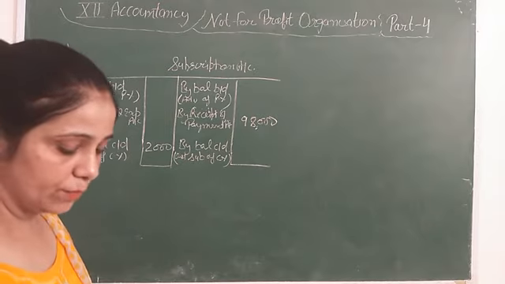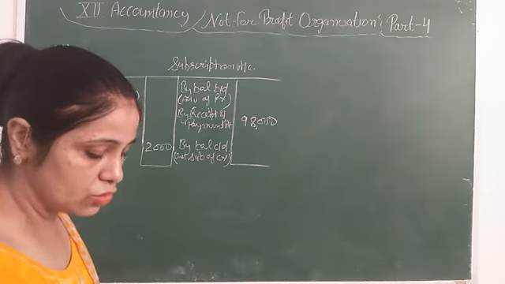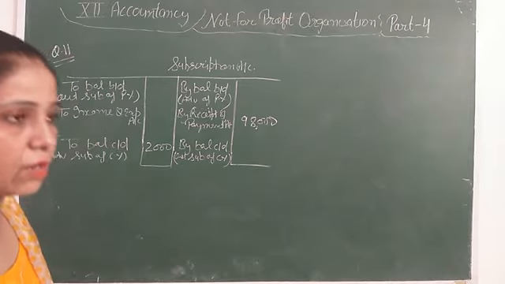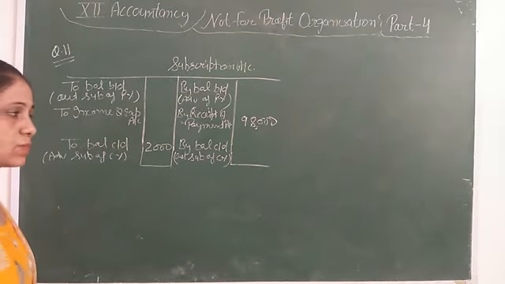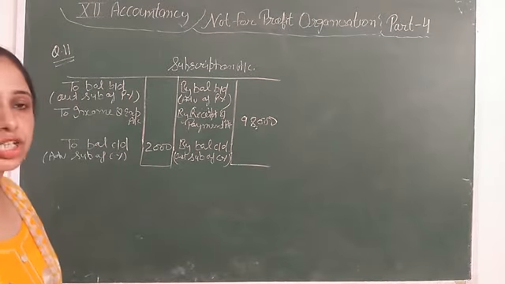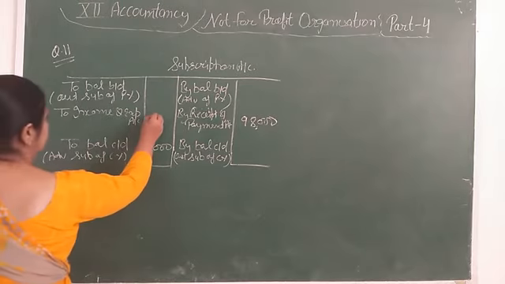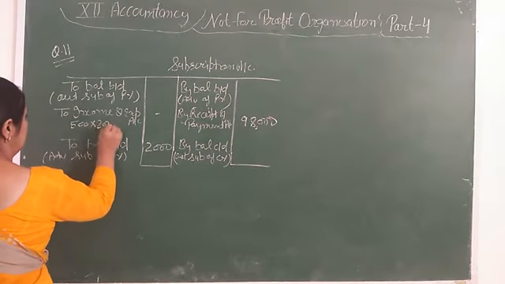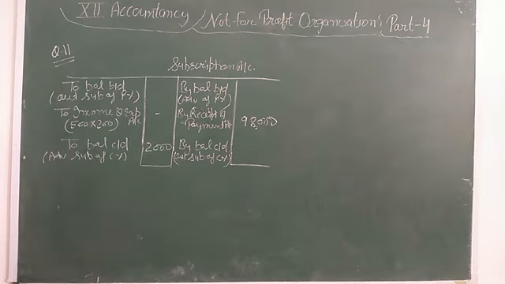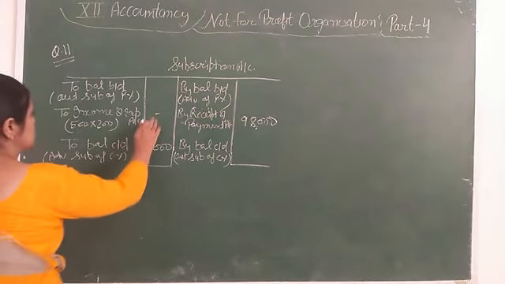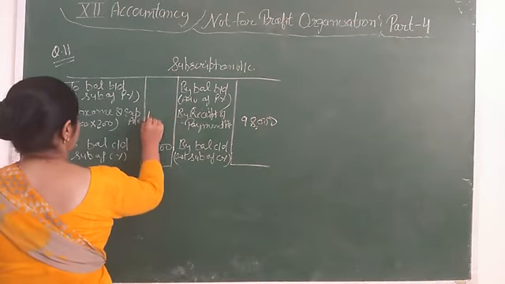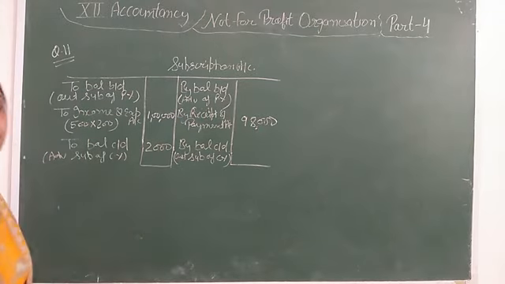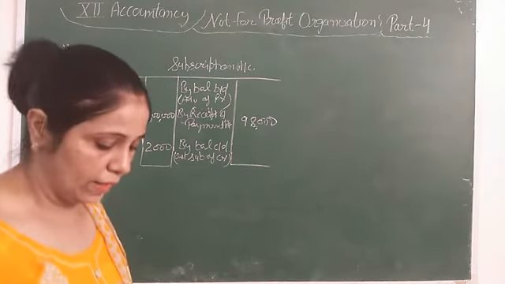Now one more new thing is given to you: the club has 500 members, each paying 200 annual subscription. If member wise subscription is given in the question, then directly you will write here in the income and expenditure account that total members are 500, annual subscription is 200. Then the total subscription in the income and expenditure account will come to 1 lakh. 500 multiplied by 200, 1 lakh.